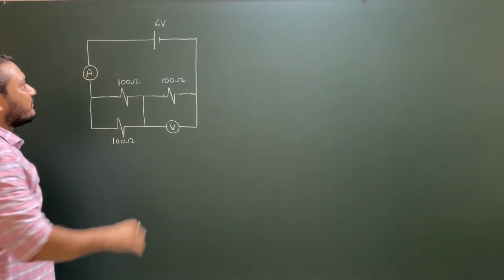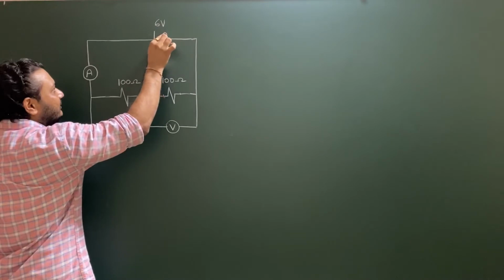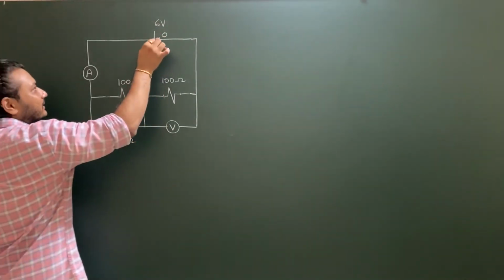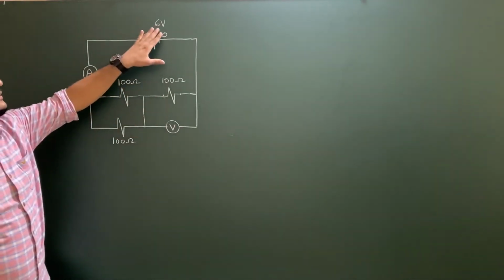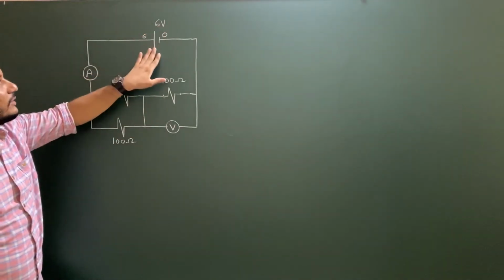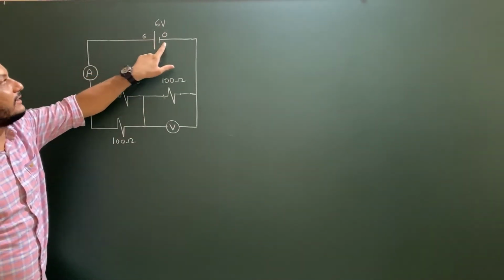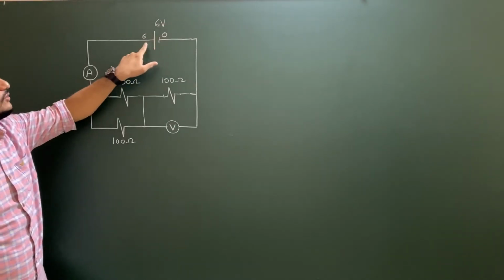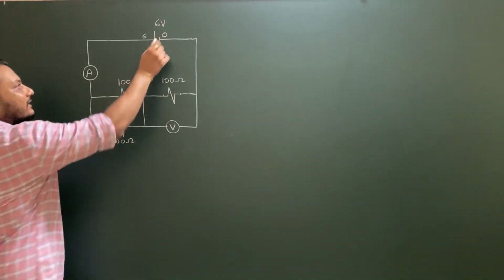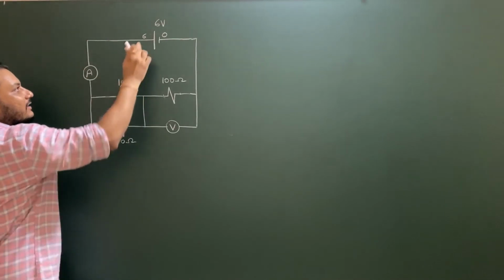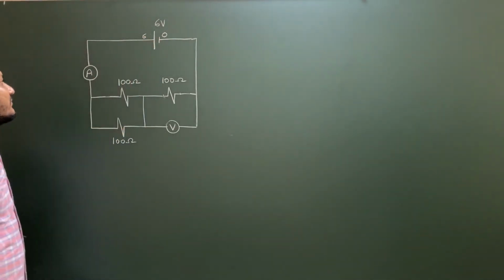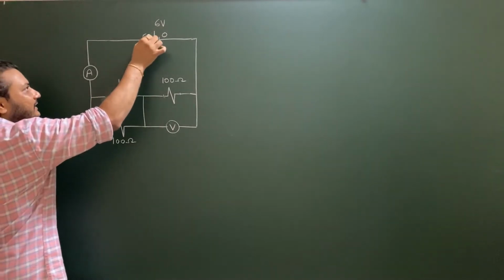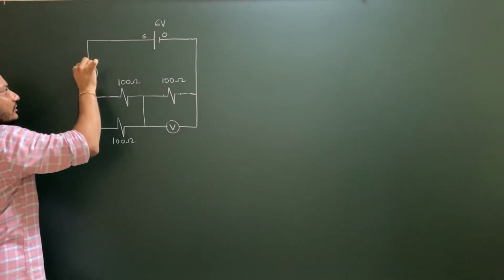If you see, the potential here I am considering as 0, then the potential here becomes 6 volt, because it is given that the potential of the battery is 6 volt. The potential difference between these 2 points is 6. So this one is at low potential and this one is at high potential. I have written the potential here as 0, here it becomes 6 volt. If the potential here is 6, then here it will be 6, here it will be 6,